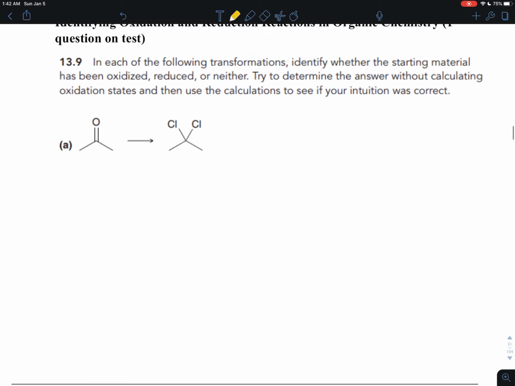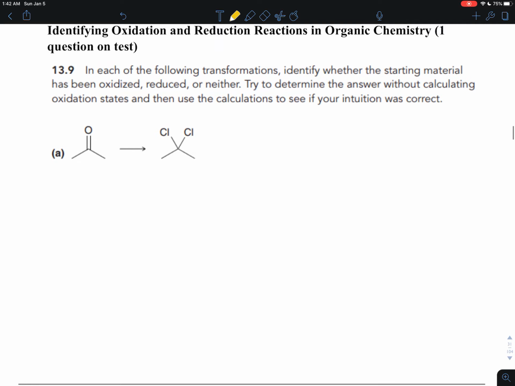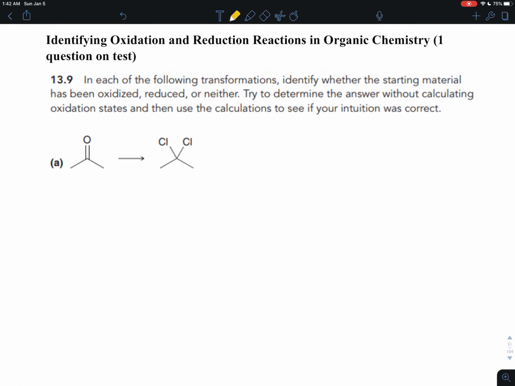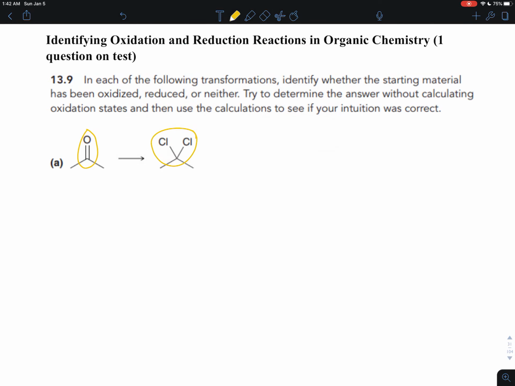So in exercise 1319, it says, in each of the following transformations, identify whether the starting material has been oxidized, reduced, or neither. And try to determine the answer without calculating oxidation states, and then use the calculations to see if your intuition was correct. Okay, so without doing any calculations, notice there are 2 bonds to an electronegative atom here. There are also 2 bonds to an electronegative atom here. The number of bonds to an electronegative atom didn't change, and so the hypothesis would be that this would neither be